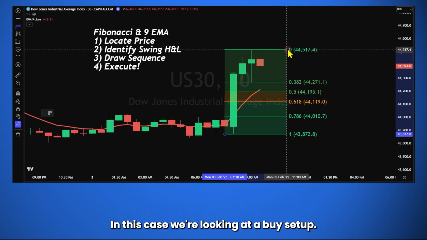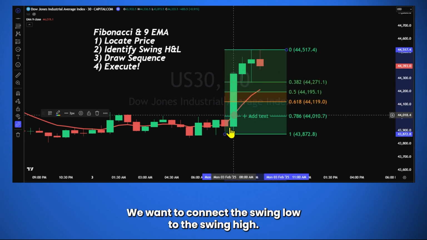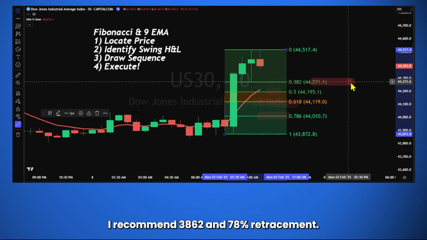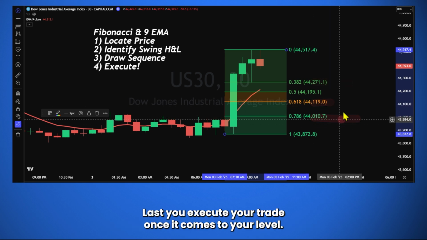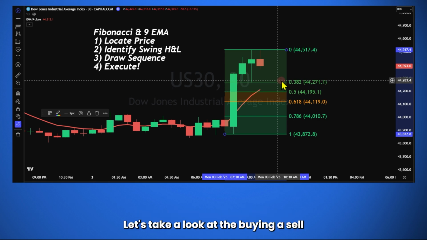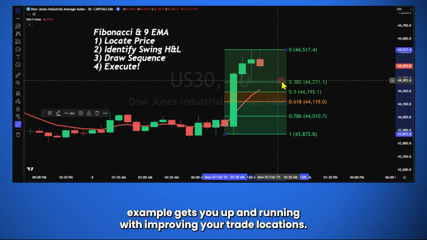In this case, we're looking at a buy setup. We want to connect the swing low to the swing high, and there we have our sequences coming into view. I recommend 38, 62, and 78% retracement. Last, you execute your trade. Once it comes to your level, when it approaches the level, you're looking to take the trade. All right, let's take a look at a buy and a sell example and get you up and running with